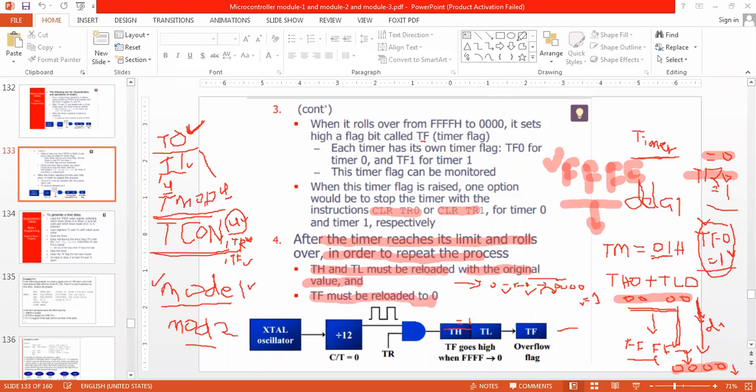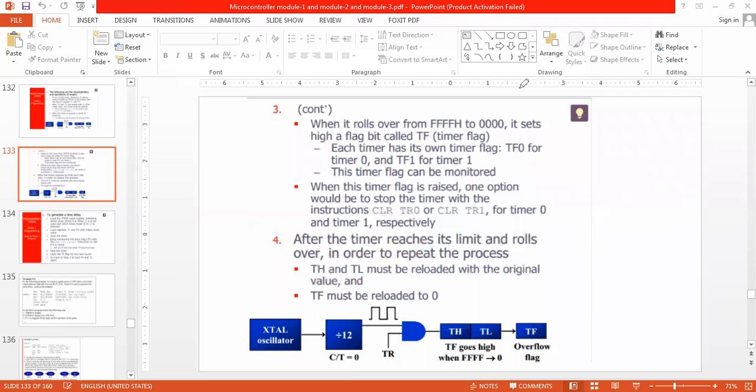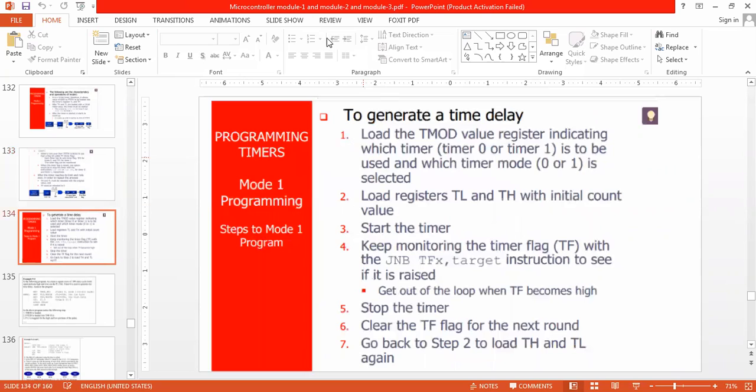If you go through the steps, you will understand it very easily. Here are the steps for mode 1 programming. We are working upon mode 1. First step: load the TMOD register indicating which timer we are using, timer 0 or timer 1.